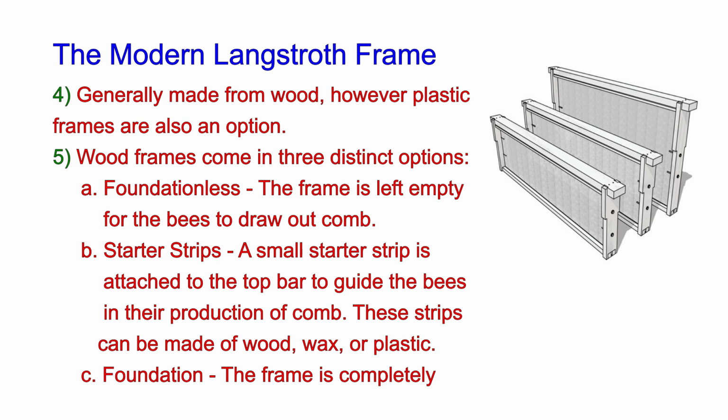But he did not have a full sheet of wax or plastic. So some strips can be made, like I said, from wood, wax, or plastic. Some of them, the plastic ones, are 1 inch. It just gives the bees an idea of a starter area to build your frame from and to let them